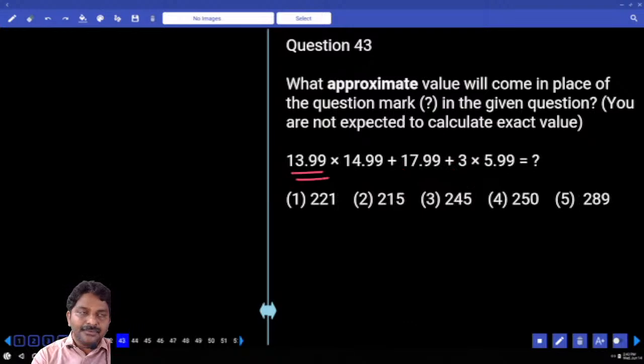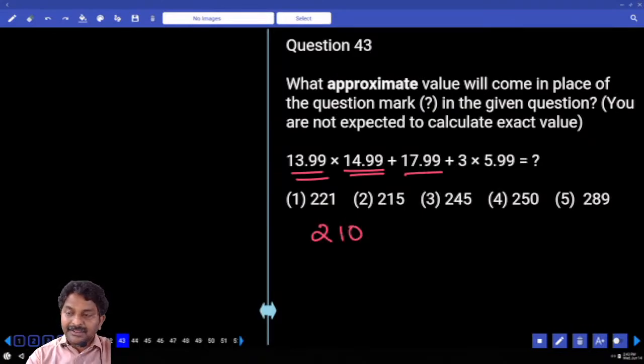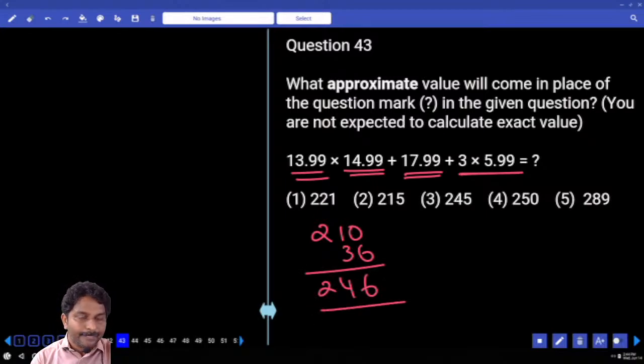How much? Into 15 times in the sense 10 times and half only. 10 times of 14. Half of it. Sum 2, 10. How much is this? 8 plus 3 into 6. 18. 18, 18. 36. Added to this fellow. 2, 4, 6. Then